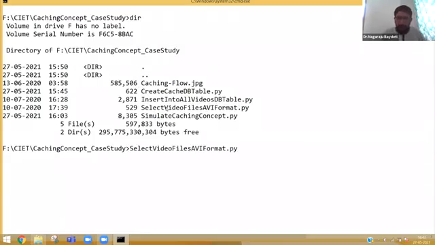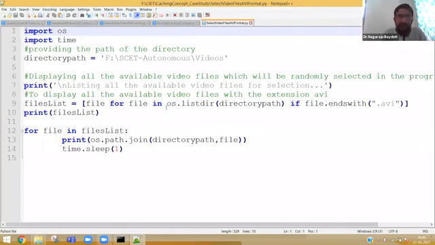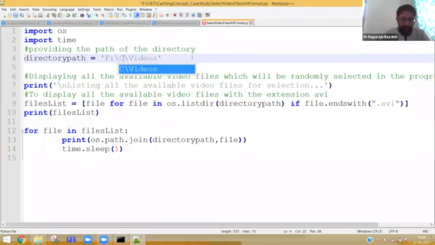Imagine all the videos are .avi. Just for simple explanation, I have taken all the videos with AVI extension only. In case you have other extensions, you just need to add some lines in the code.